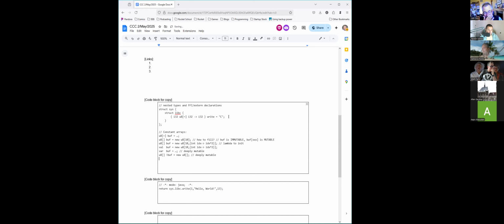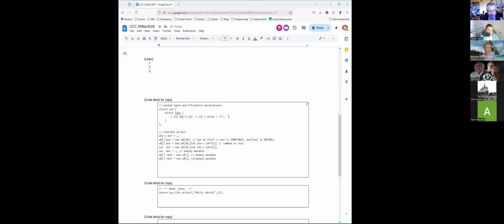So I don't have a way to say make it immutable, and now I do. So this would be this syntax. Well, this syntax, beg your pardon. And now it's not deeply mutable. It's buff mutable, buff is immutable. So better have some way to initialize it or you get a pile of zeros. And then you can argue left and right about what to do there.